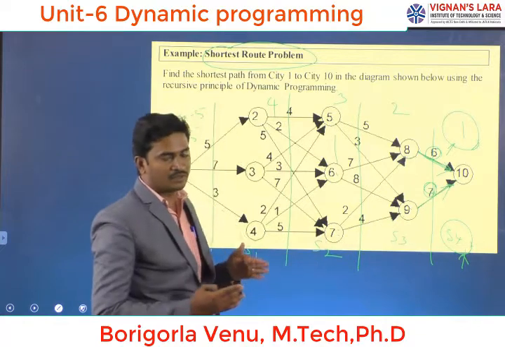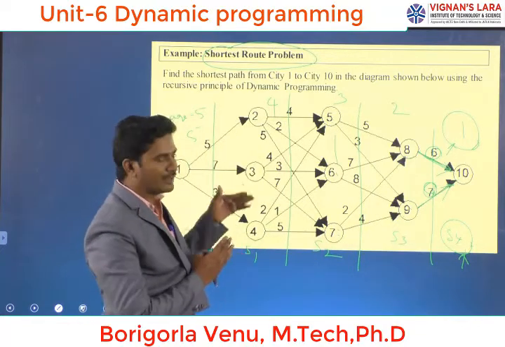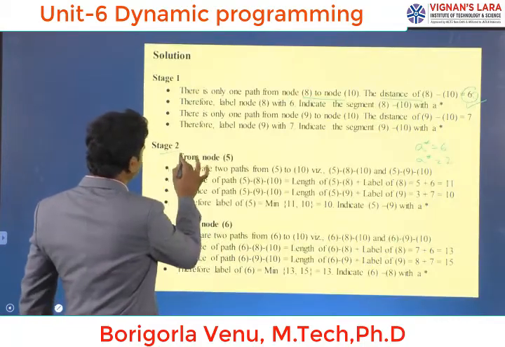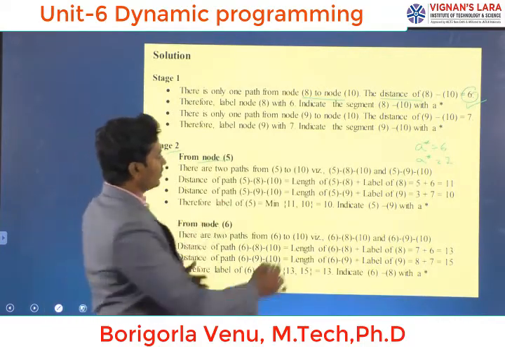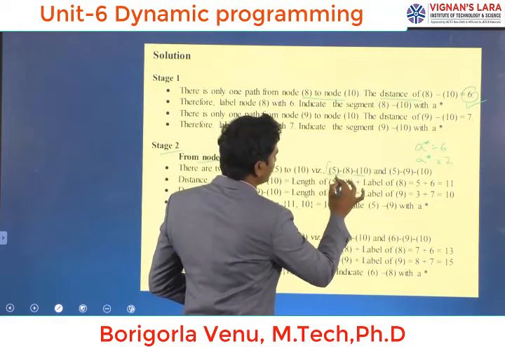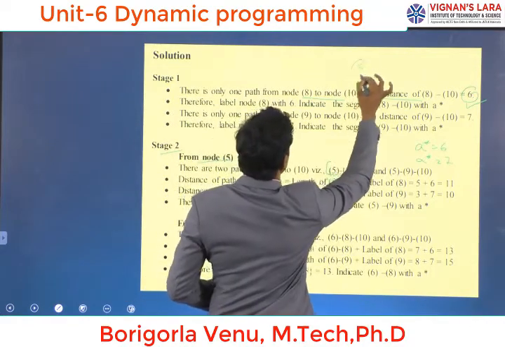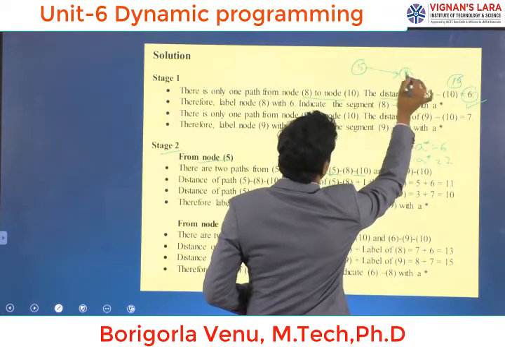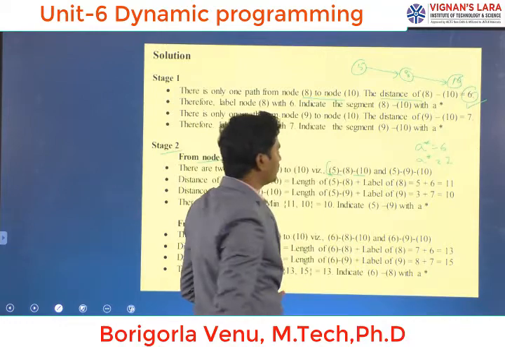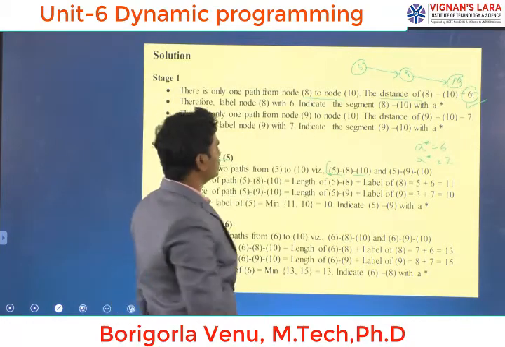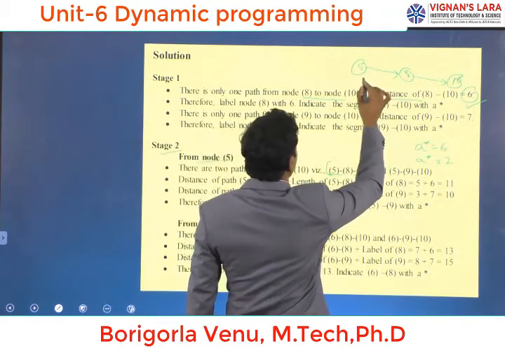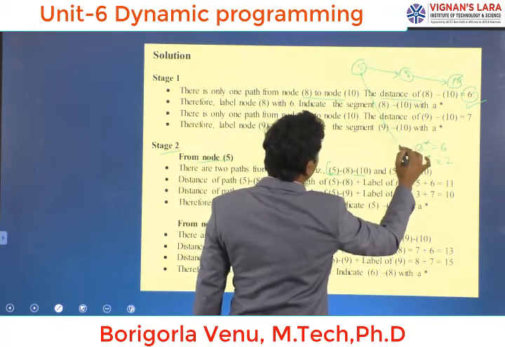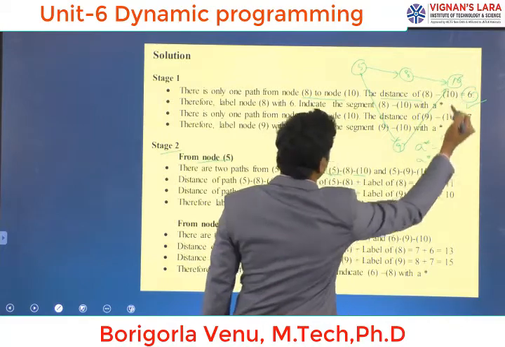From these routes we are going to calculate the optimal route. It means we are going to calculate the shortest route from these routes. In this, from the node 5, node 5 to 8 to 10 we have one route. That is 5, 8, 10. So 5 to 8 we have one route, and 8 to 10 another route. The distance between these two we have to calculate. Next, we have 5 to 9 one route, 9 to 10 another route.